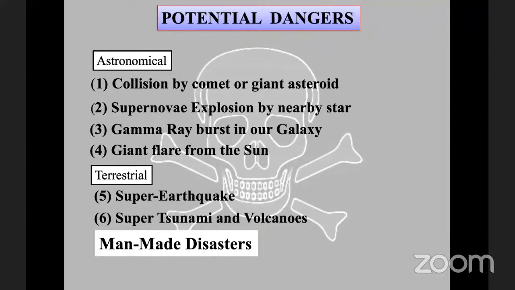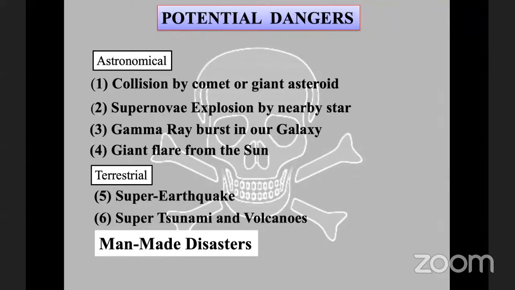Gamma ray bursts in our galaxy. Gamma ray bursts are the most powerful energy source in our universe. When two black holes or two neutron stars, or a neutron star and a black hole, collide, that gives a gamma ray burst. So if one gamma ray burst occurs in our galaxy itself, then the amount of energy that will be produced will be enough to destroy life